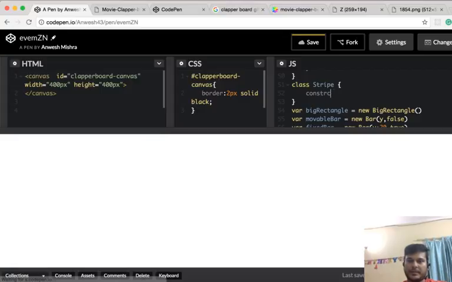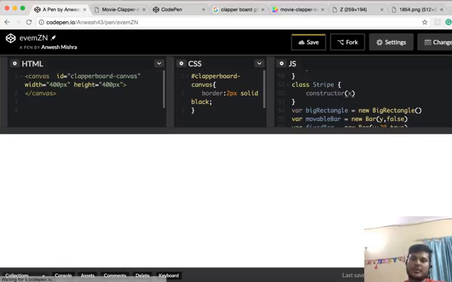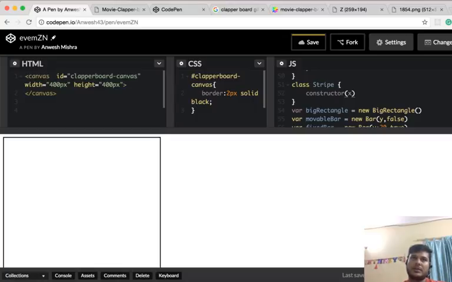Constructor. It will take xy. There will be four x coordinates, four y coordinates. So it will be x1, y1, x2, y2, x3, y3. So this stripe is like a skewed quadrilateral, like a skewed polygon of four sides. So it will have four vertices, and